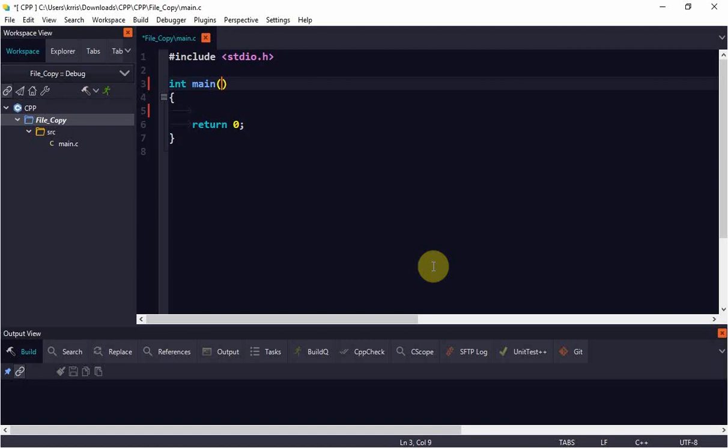In order for this to happen, the source file must be present. Source file is the file from which I will copy its content to a destination file. So let me make the source file first. In order to do this, we need the file pointers and all. So let me have FILE star